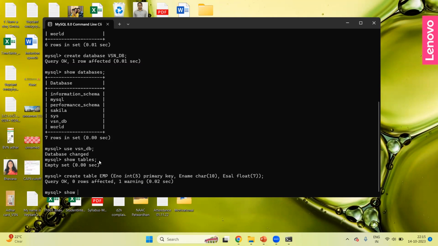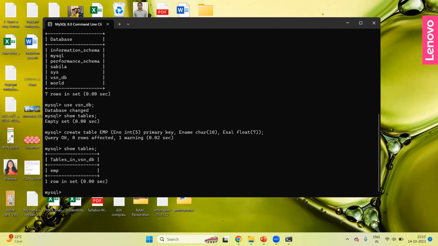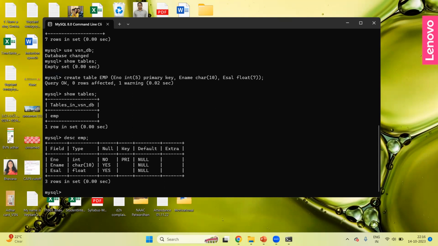Initially, this command showed empty because we hadn't created a table, but right now we have one. So show tables is the command. Now you can find under my VSN database, you have one table and the name of the table is EMP, employee. Okay. I want to check the structure description of that table. So there is a command DESC EMP. It will show the